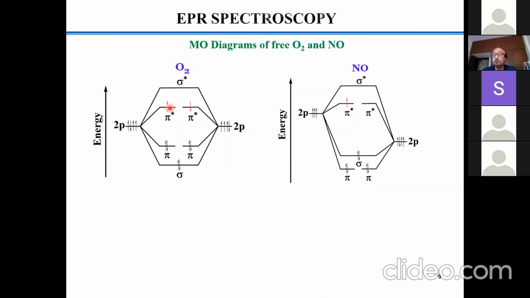So it's a triplet molecule. Okay, and its EPR spectrum would be completely different than